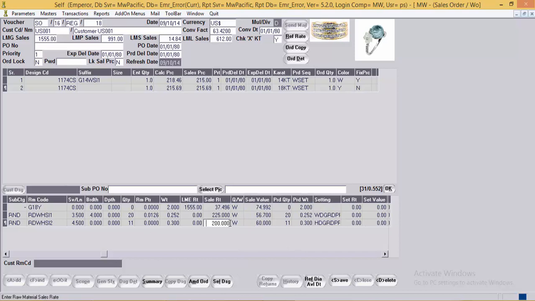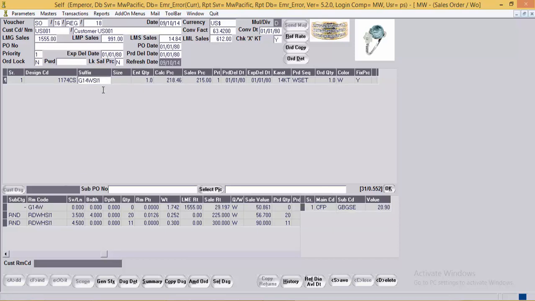This would be a very tedious task for the user to alter so many details every time for a given design. So it is preferred that the user should maintain PDCM for the designs which are regularly ordered by a given customer.